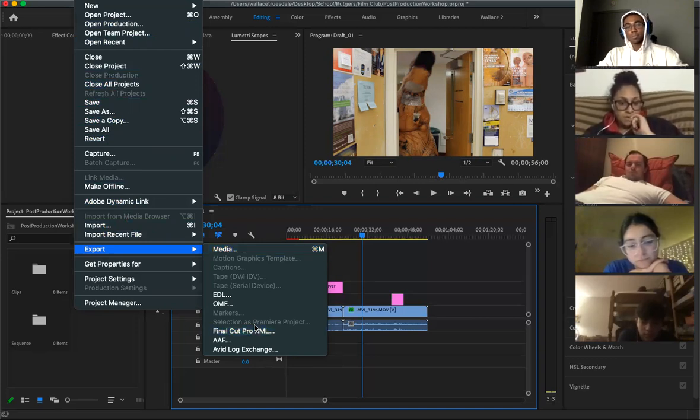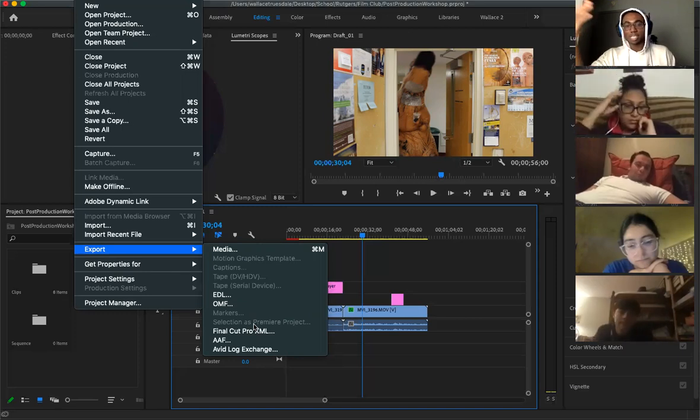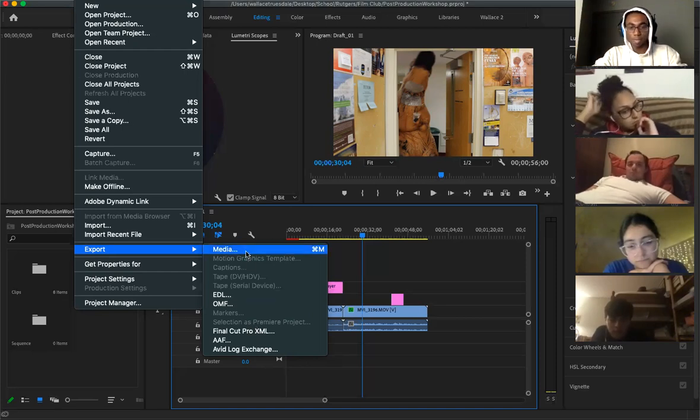People use a lot of different editing softwares. Sometimes softwares will export stuff for versions of another one. So XML is what you would call an editing file, basically for a Final Cut Pro thing. So if I were to edit this in Premiere Pro and give it to someone who wants to work in Final Cut, I can export it like that. If I want to export the actual video, I just go to Media,